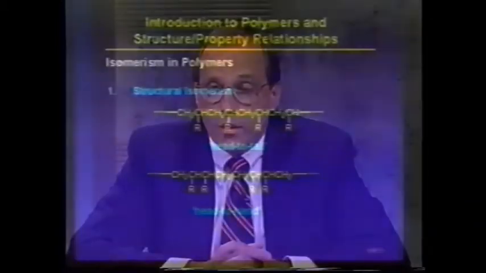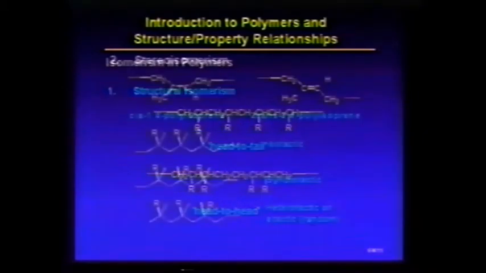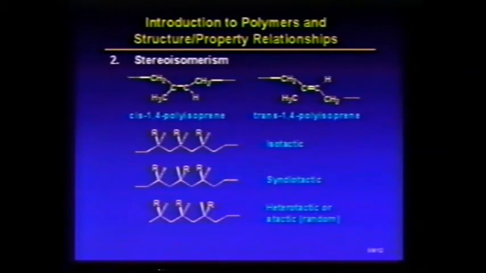As in small molecules, isomerism is important, and there are various types. Very briefly, there can be structural isomerism. In this class of polymers, generically, we see head-to-tail and head-to-head isomerism. That will depend to a great extent on the size of the R group. Steric congestion precludes a lot of head-to-head placement. More important is shown on the next slide, examples of stereoisomerism, where we have geometrical isomers, as in the case